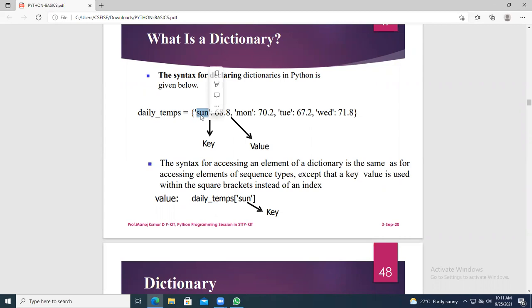If you give the key value as sun, you will get the value 68.8. If you give the key value as month, you will get 70.2. So that is the method of accessing the elements of a dictionary.